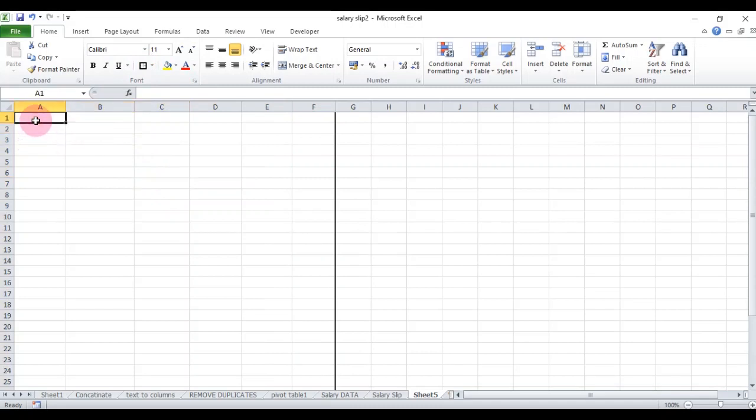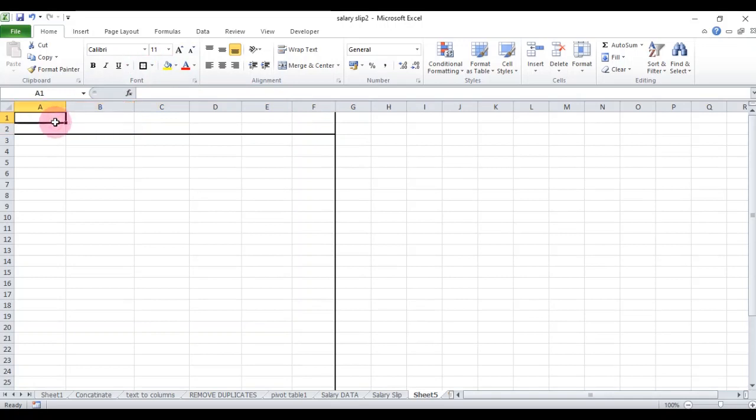So friends, here we start. On the top corner, first of all you select 2 rows and make a border. Here you merge the cells and type the company name, like company limited.